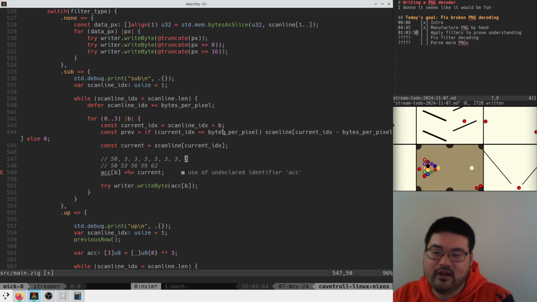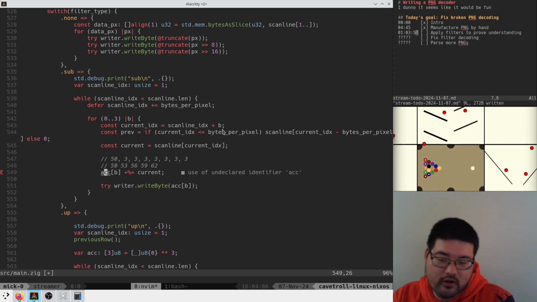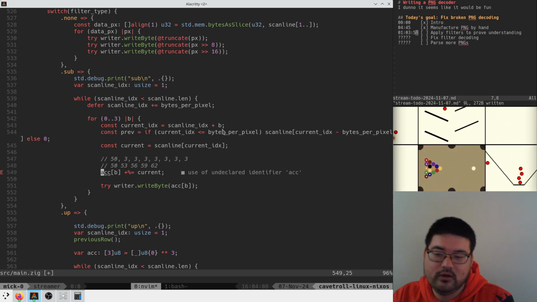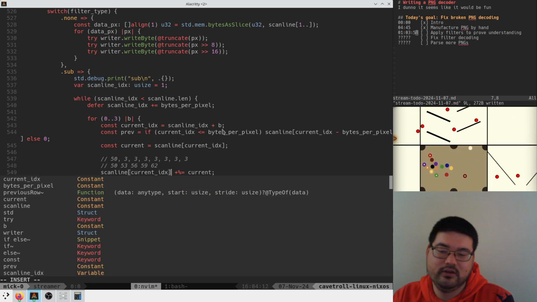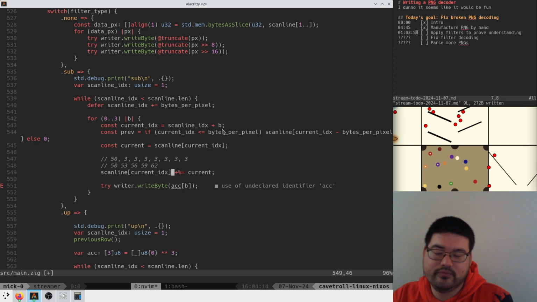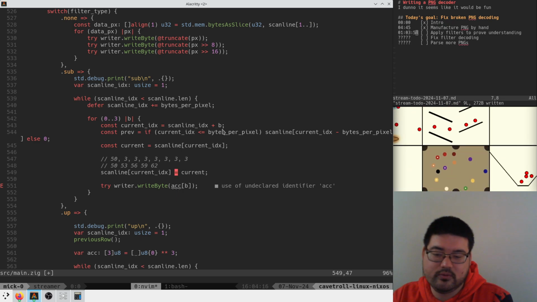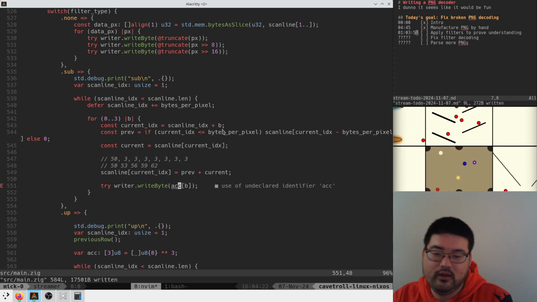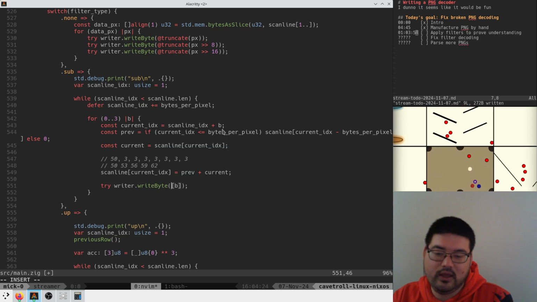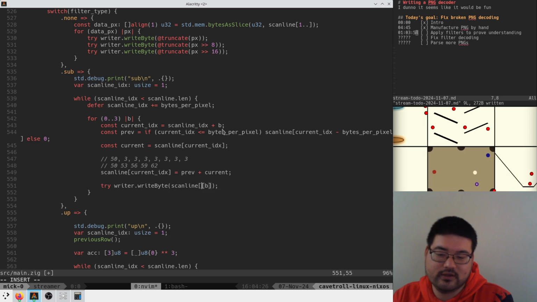Okay. Then, instead of writing accumulator here, we just write scan line at current IDX is equal to prev plus current, and then we write the byte at scanline current index,